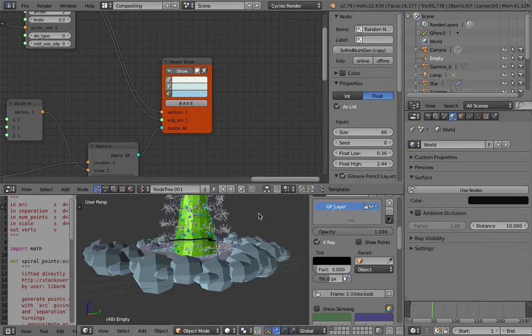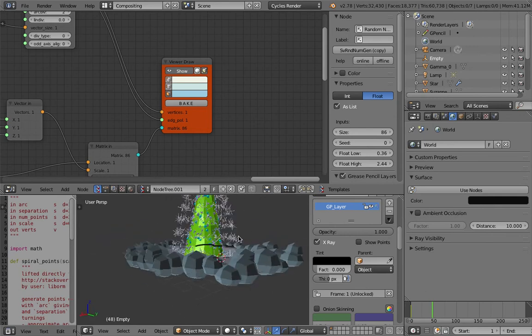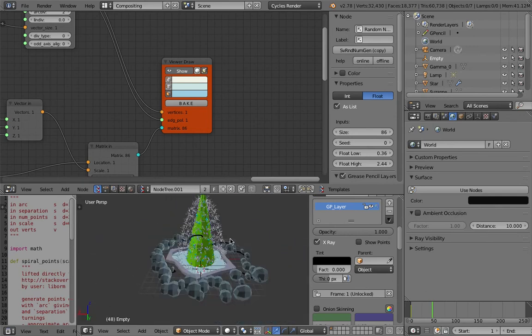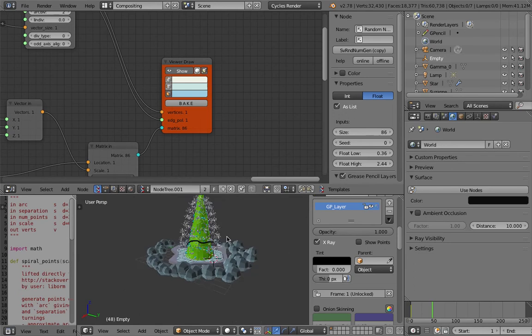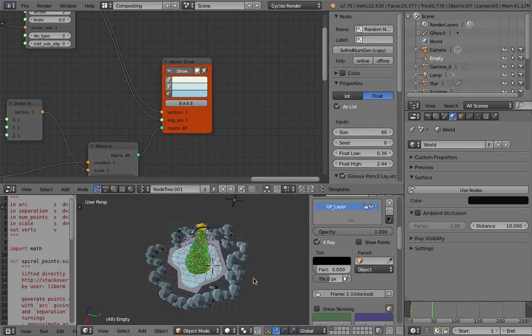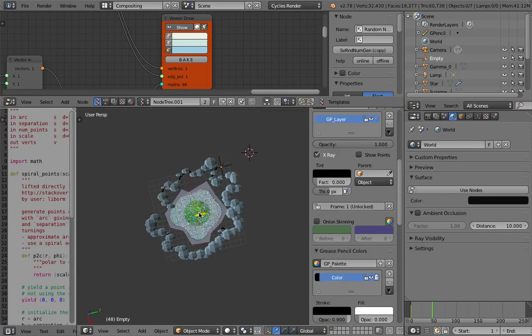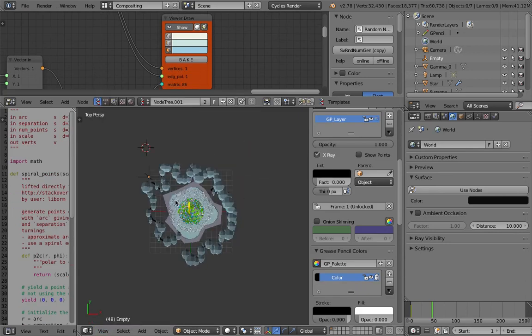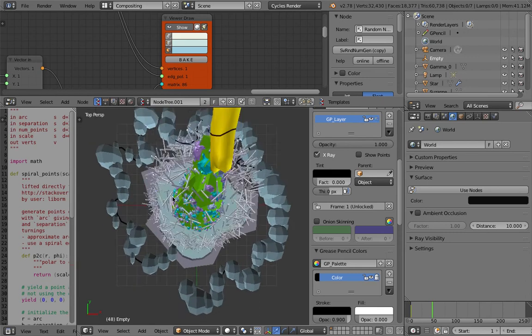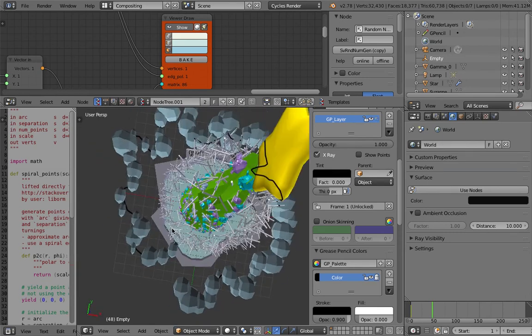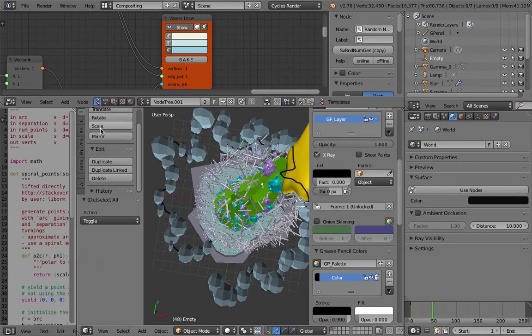More like the stones, but well, I guess that's okay. That's just the basic idea. I'm using grease pencil to kind of scatter the boxes. I can always make changes, you know, like, okay, let's put the grease pencil properly. Grease pencil,